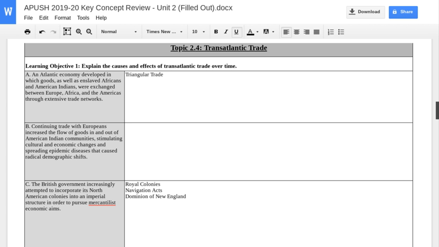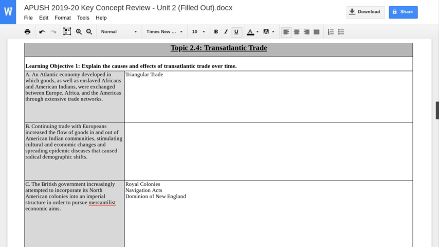Also, you're going to be looking at the British government attempting to more or less control their colonies, which is difficult to do because, as we're going to see when we get closer to the Revolution, they let things slide from time to time. But there were early attempts to control the colonies before the actual road to the Revolution. Now, one of the ways in which they attempted to do this is they designated certain colonies as royal colonies. You probably need to look up what a couple of those are to have specific examples for it.